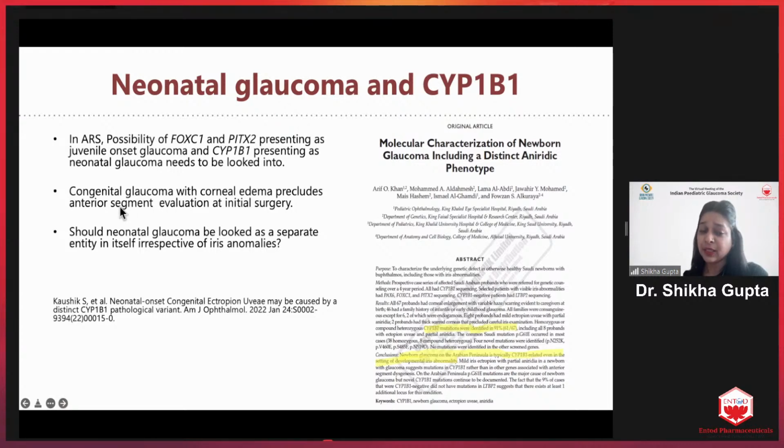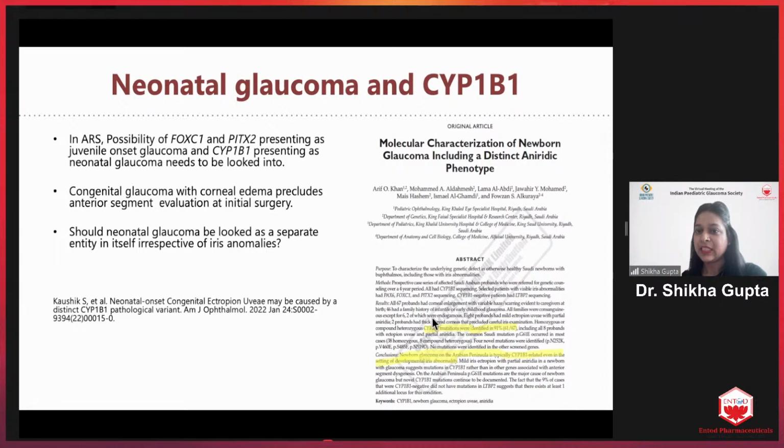So congenital glaucoma, when it presents with corneal edema, it is very difficult for us to examine properly because we may not be able to do gonioscopy or look at the iris features so prominently. Therefore, it is a must for clinicians to go back and do the EUAs repeatedly later on, when the cornea clears and as the child is growing, to exactly try and phenotype what the patient is presenting with. So there is a question now: should neonatal glaucoma be looked at as a separate entity in itself, irrespective of